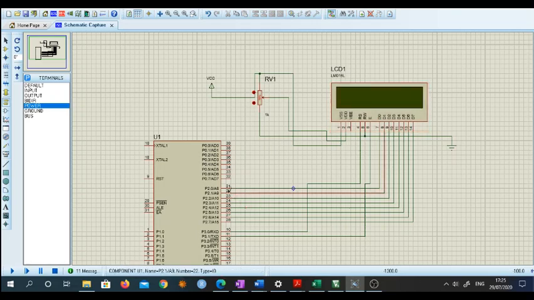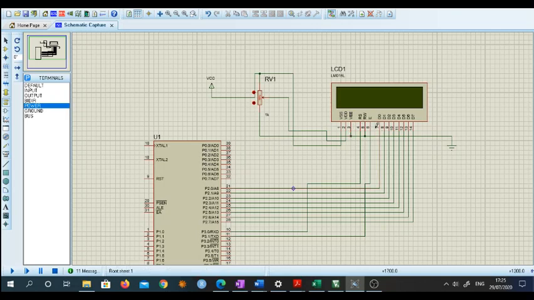So all the port pins of microcontroller 2.0 to 2.7 are connected to D0 to D7 pins of LCD. Then pin number 1 is VSS, supply is given to this pin. Then the middle pin, which is the output of the pot, is given to the VDD, which controls the brightness of LCD, and this VEE point is connected to the ground. So let me connect this point to the ground. So this point is connected to the ground, right?